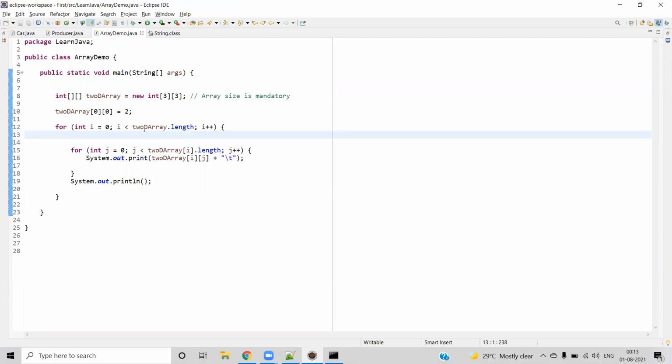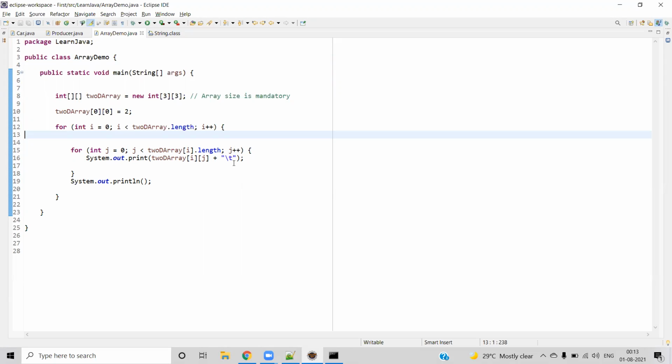So what happens is the first time it will get into the row. So that's the reason I will be 0. And the second time it will look at the J, which will be pointing to the column. Since we are in the first row, the layer will be 0. So 2D array layer 0 is the first row. Inside that we are getting into the first column. So that's the reason it will be 0 there.